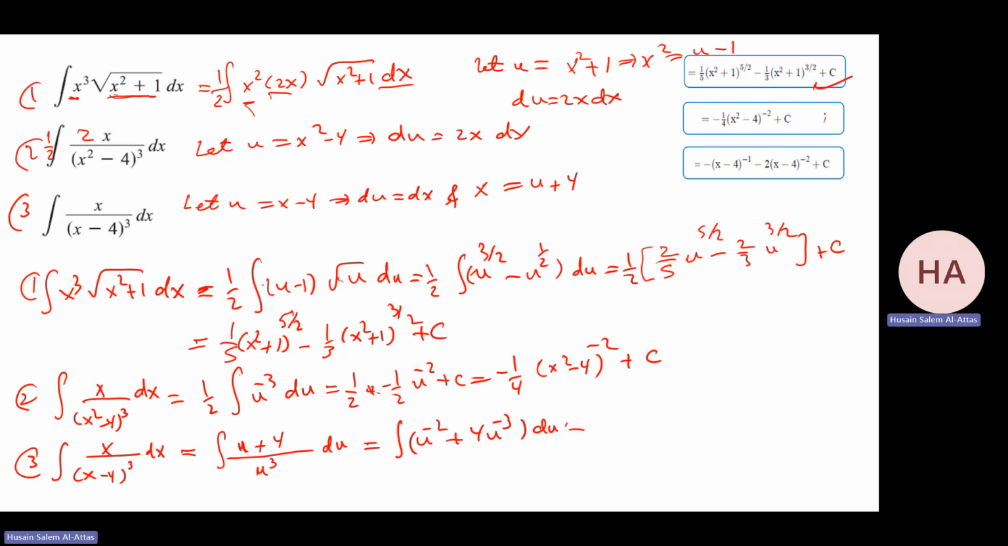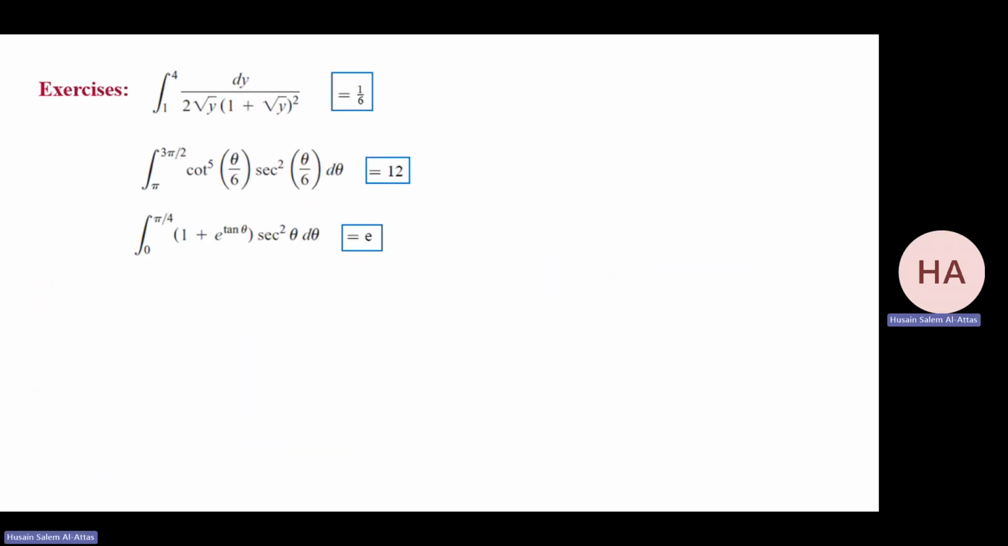That gives me, I add 1, minus 1 over u minus 2 u to the power minus 2 plus c. So it will be minus 1 over (x minus 4). This one I can rewrite as u to the power minus 1, so (x minus 4) to the power minus 1 minus 2 (x minus 4) to the power minus 2 plus c, which is this one. Okay, now let us do some problems with the